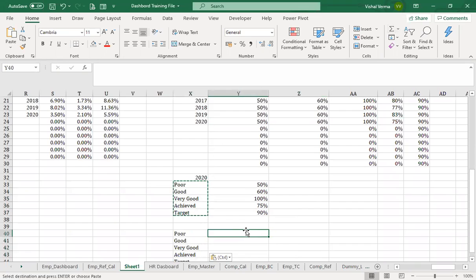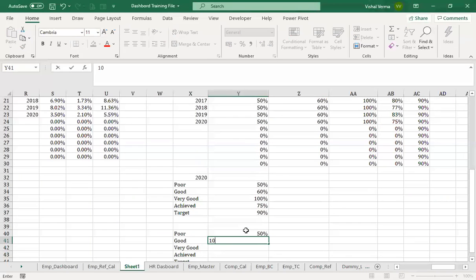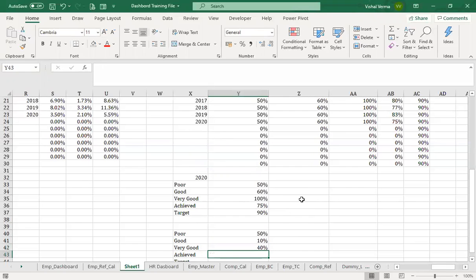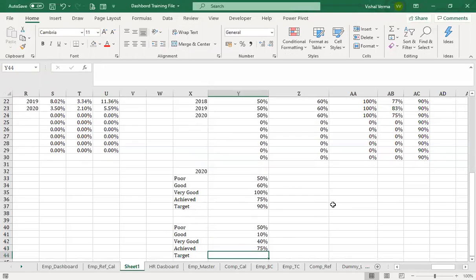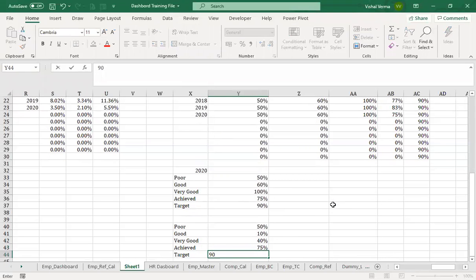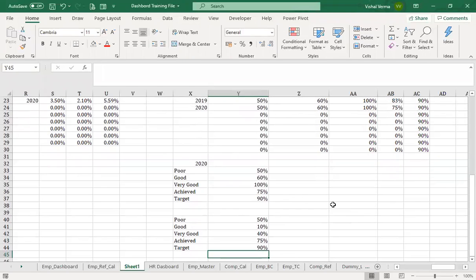So we have poor as 50. Then the difference between good and poor is 10, so we'll make it 60. And then 60 plus 40 will become 100, and we'll keep 75 as achieved and 90 as target. Now let's make the bullet chart.